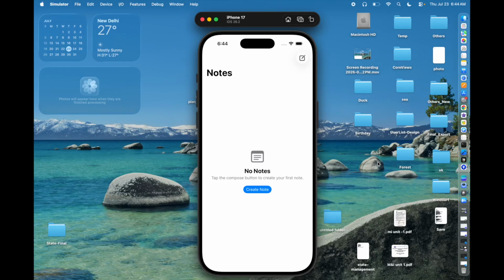Hi everyone, this is the final output of the Notes app. User can create a note by clicking this button